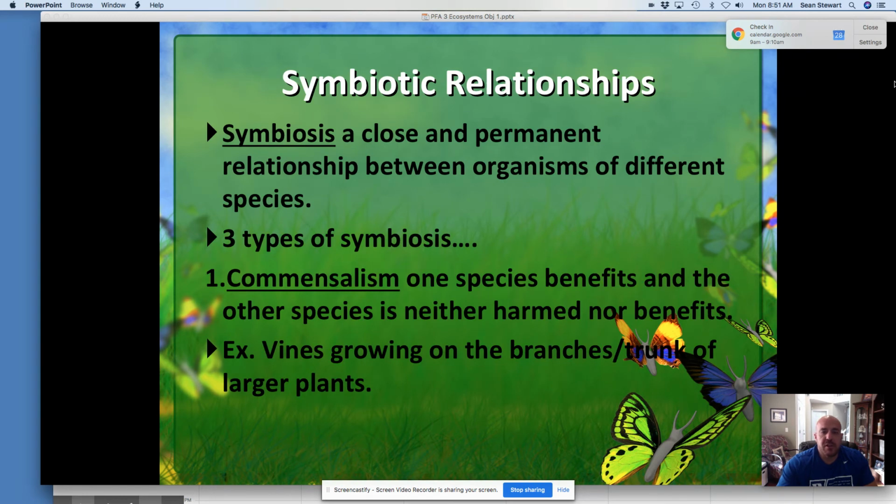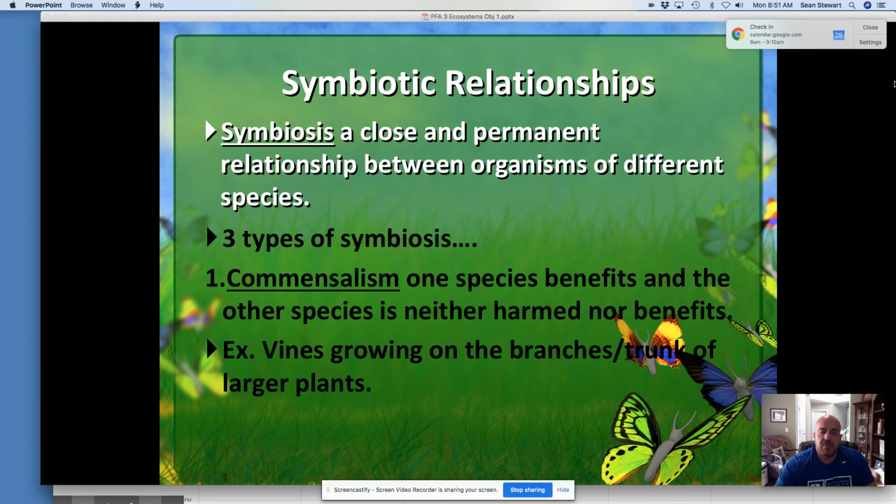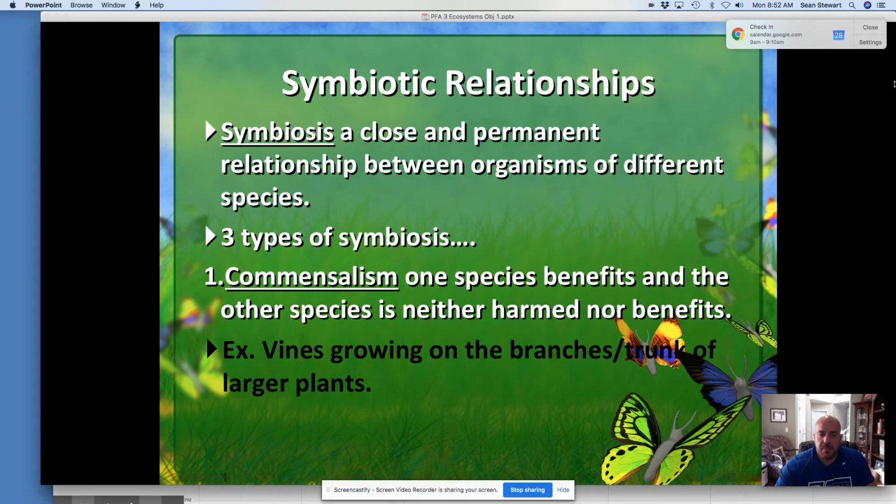All right, last major topic of today are symbiotic relationships. Symbiosis is a close and permanent relationship between organisms of different species. So you've seen a lot of these, I'm sure, on nature shows, and we'll talk about them today. But the three common types are commensalism. That's actually the hardest one to remember. I would, when I'm studying, think of this last as kind of the leftover one, because in each type of symbiosis, at least one organism benefits.